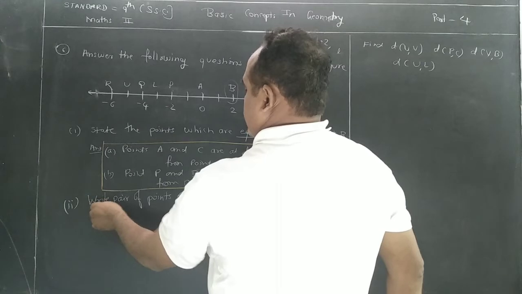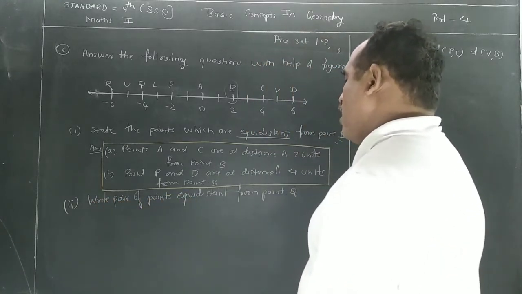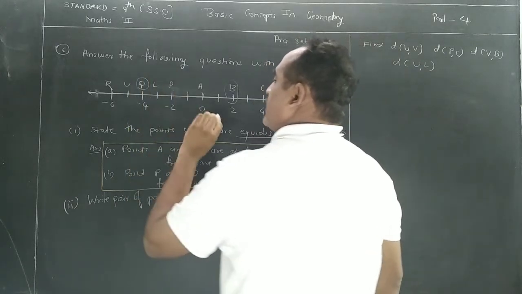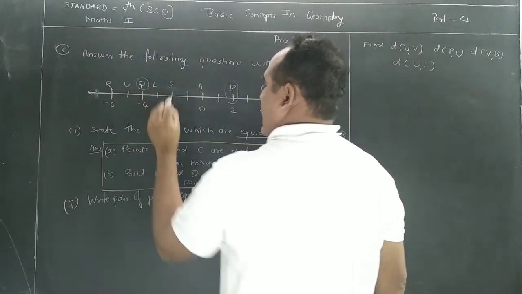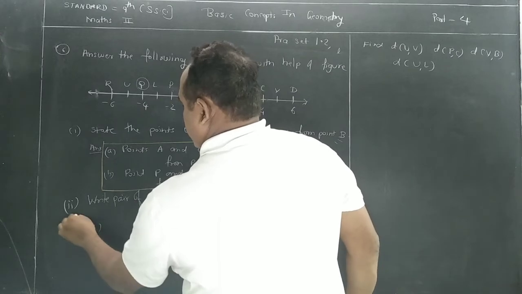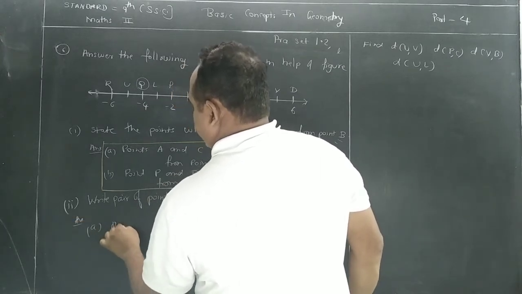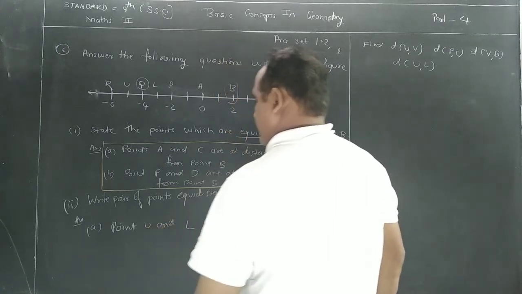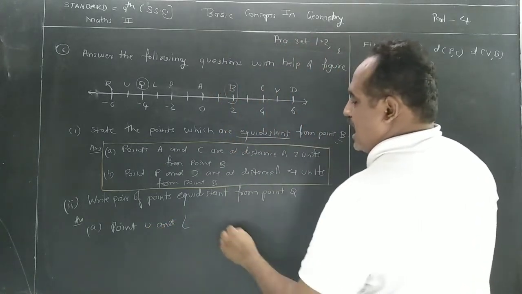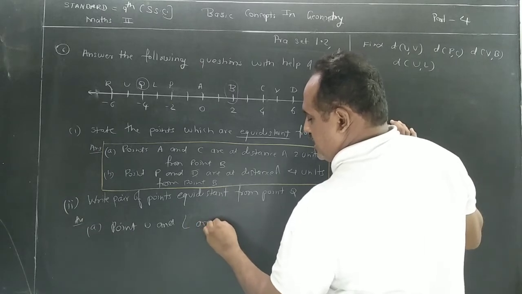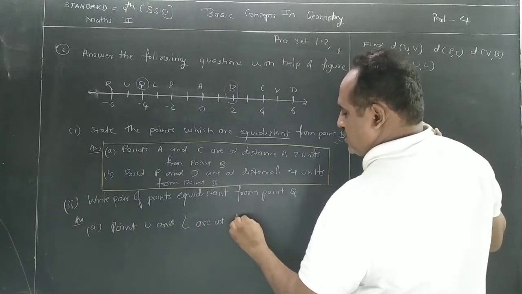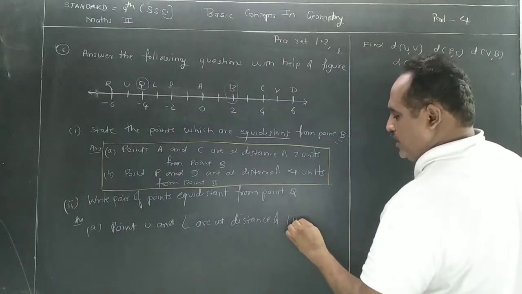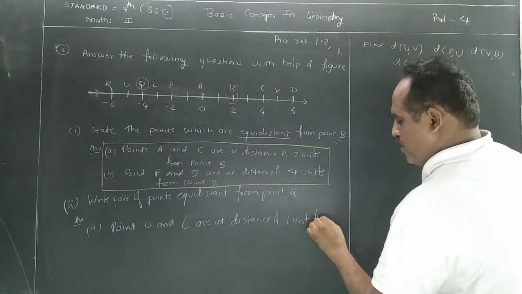Then again the same question, write the pair of points which is equidistant from Q. You are considering now this point. So first we take U and L, right? So A is the answer. Points U and L are at a distance of 1 unit from point Q,